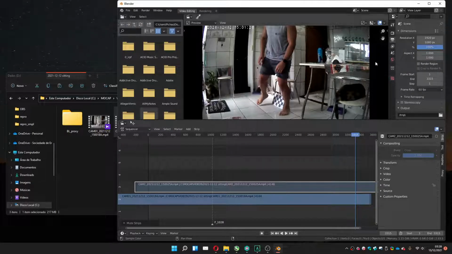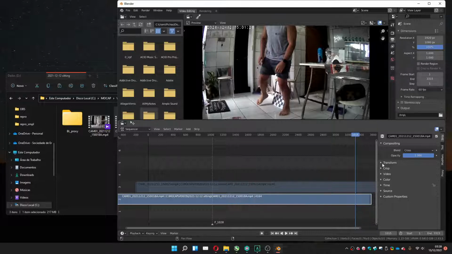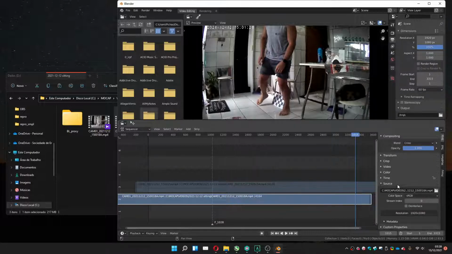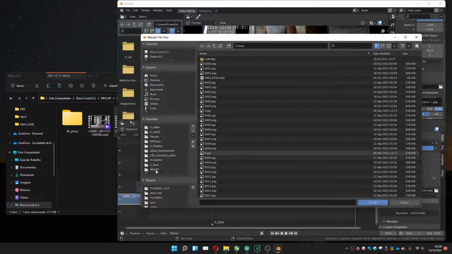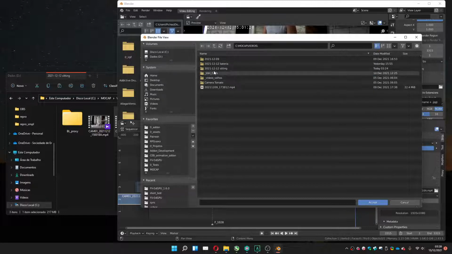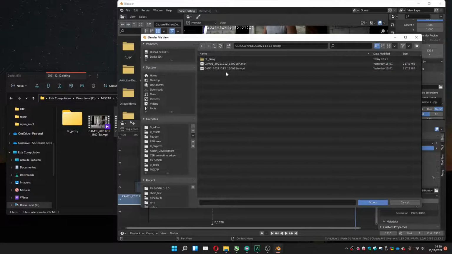What I'm gonna do first, I'm gonna see if the resolution to render is the same resolution of my video. In this case, my video has, let me check, source, it's 1920 1080. That's exactly this. So now I'm gonna choose the file to export it, which is gonna be the same file folder that I